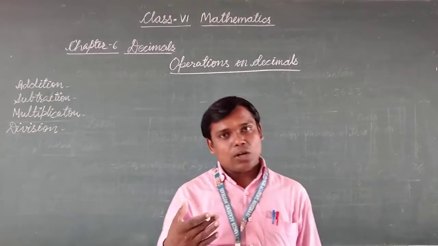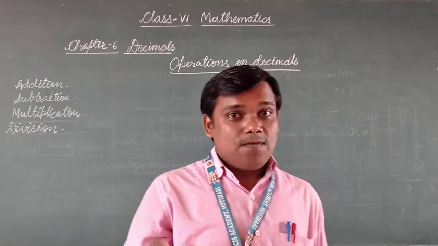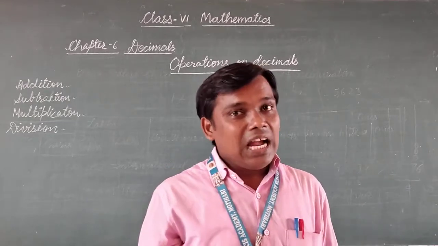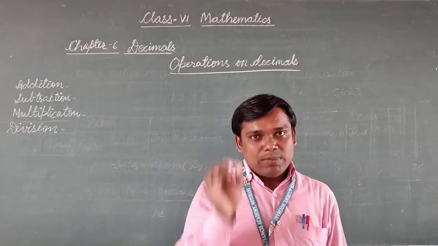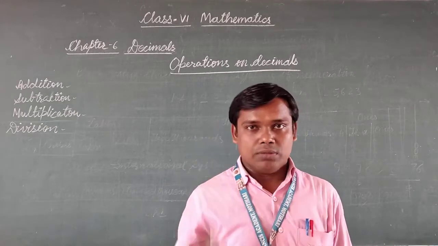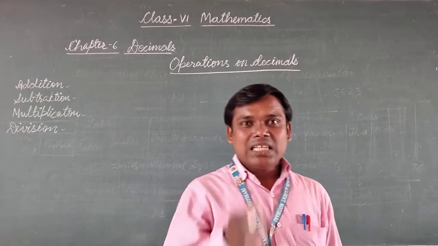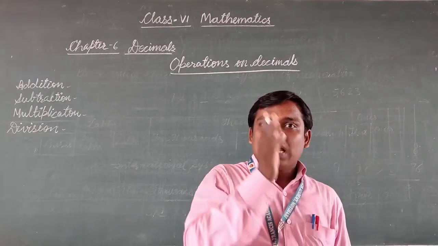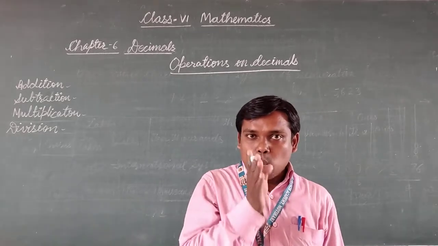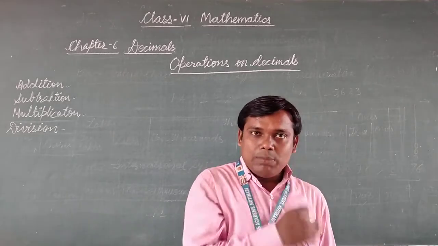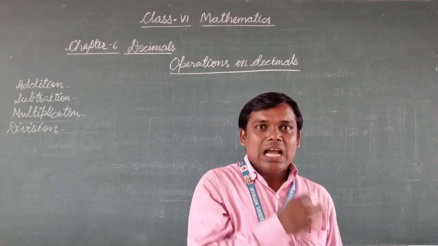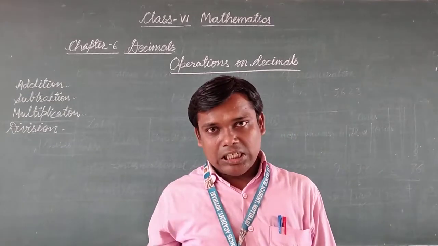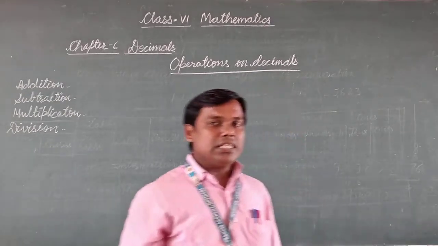When we have to add or subtract two decimal numbers, first of all we will convert the decimal numbers into like decimals, and then we will write the decimal numbers in proper columns. The whole part to the left of the decimal of the first number and the whole part to the left of the decimal of the second number will be written vertically, and the fractional part or decimal part will be written vertically together. Try to understand with the example.